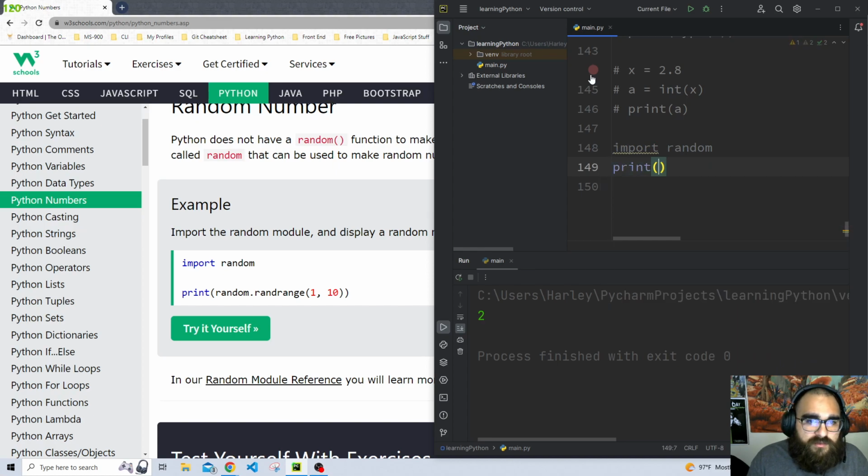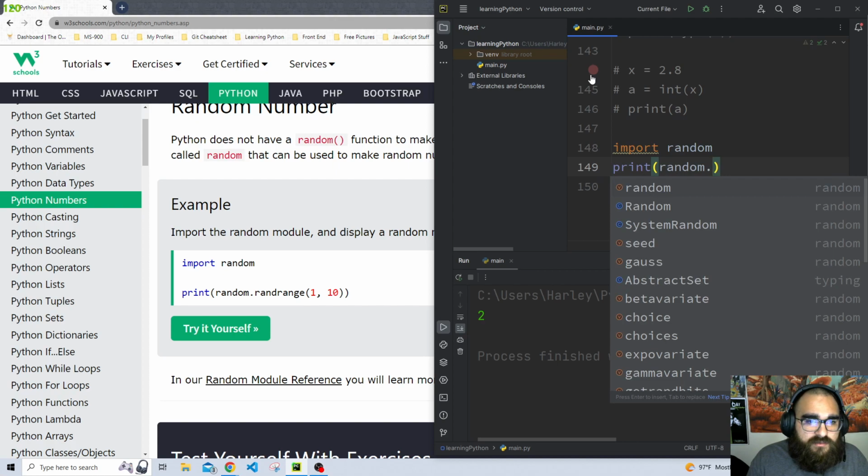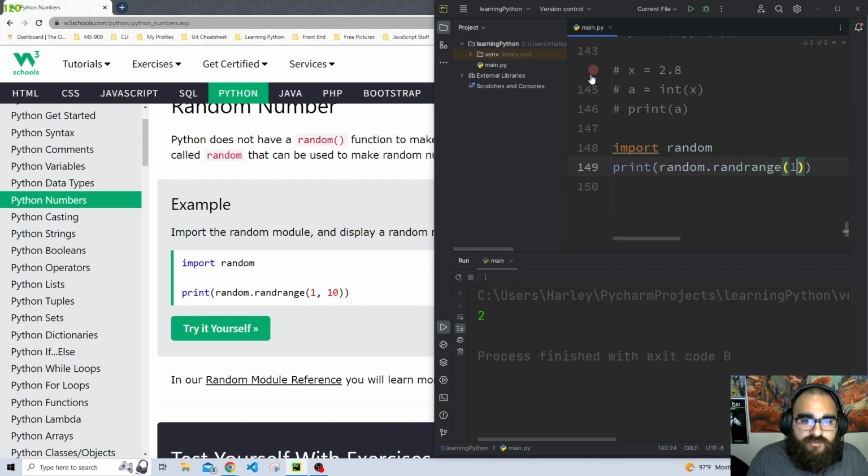Print random.randrange(1, 10). Oh, let's try it. 4. Try it again. 9, 4, 6, 9. So you can use that as a